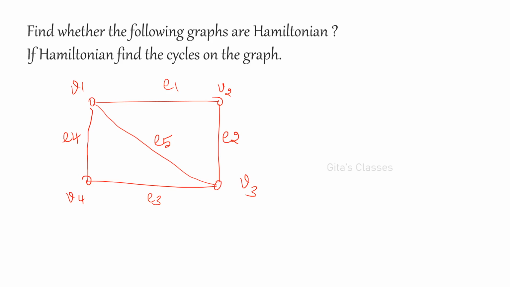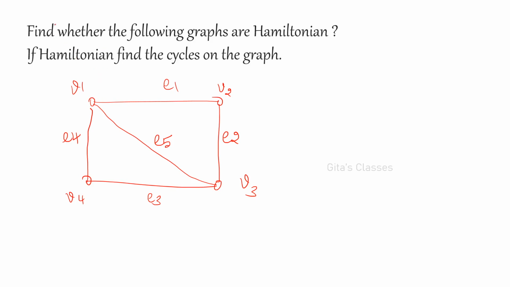So if a graph is given, then you can find out whether it contains the Euler circuit or Hamiltonian cycle, whether it is there or not. How will you find out whether it is Euler? I have given some conditions, and that is every vertex should be of even degree. Here for Hamilton, how will you find out whether it contains a Hamilton cycle or not? Now this is the graph.